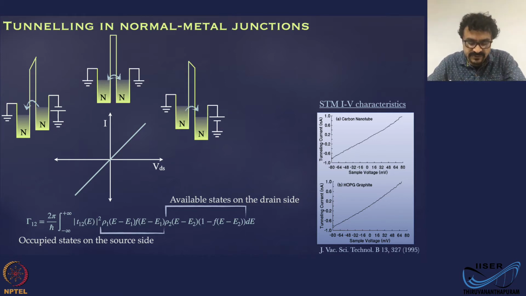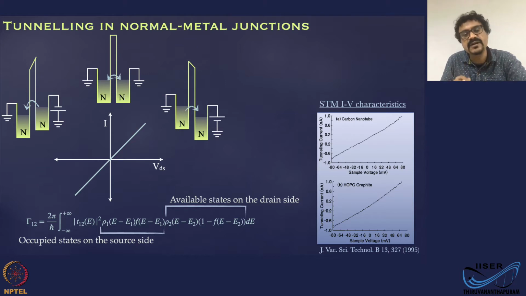Now, when you apply a positive voltage, these electrons here can tunnel onto the states available here. As you increase the voltage, this voltage difference will increase and the current will also increase, because that voltage difference is basically the energy window of states that you are exposing. In a similar way, in the negative direction, you tilt the Fermi levels on the source and drain side in the opposite direction, and you get an increase in the current in the reverse direction.